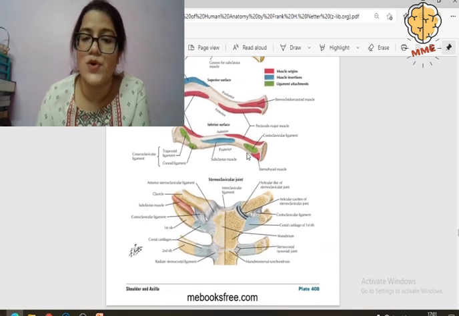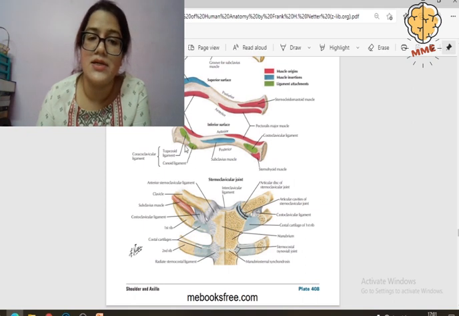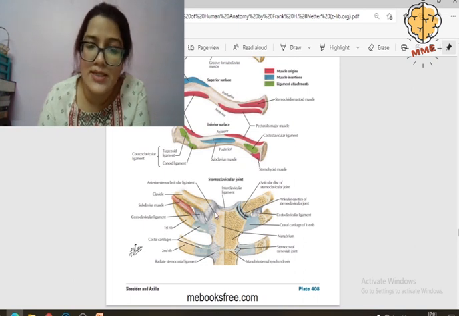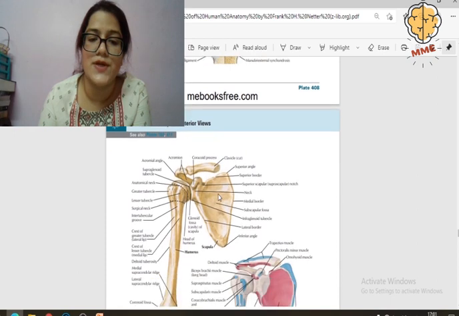These are the ligaments, costoclavicular ligament. This is the subclavius muscle. These are the costoclavicular ligaments. What are they? The trapezoid part, the ridge that I told you, and this is the conoid tubercle to which the conoid part is attached, right? And again, we can see part of deltoid showing over here. This over here is the sternoclavicular joint, and this is the interclavicular ligament. This also I can show you, right?